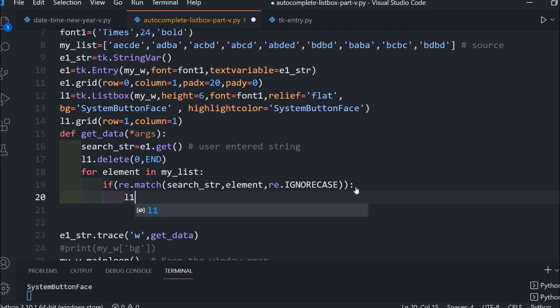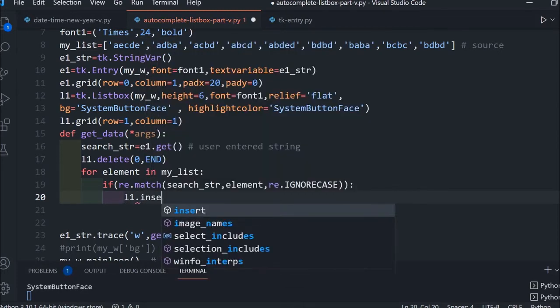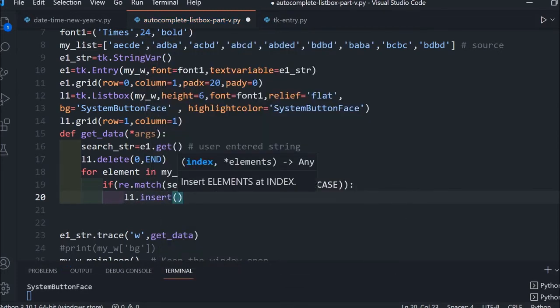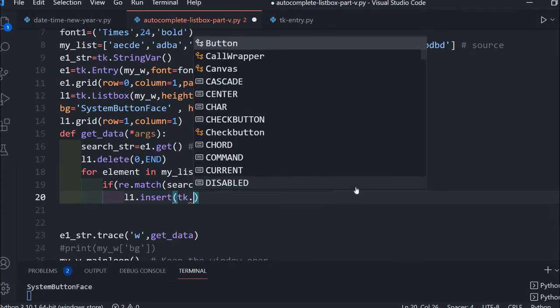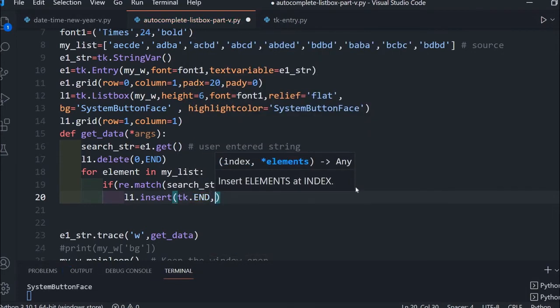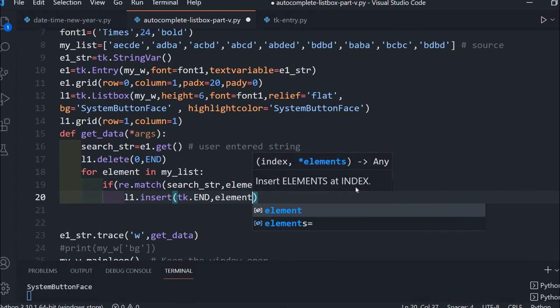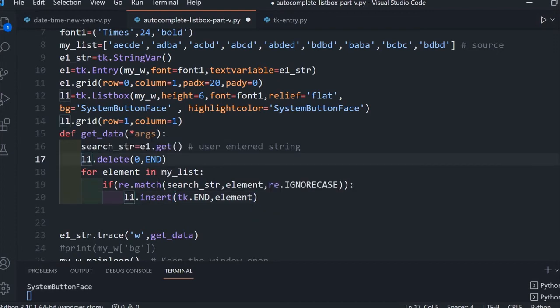So I tell L1 to insert, with tk.END, the element. The element is added by using insert. Before that, at line number 17, I have removed all the previous options, and then I am adding fresh ones. That's all, this should work.